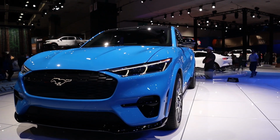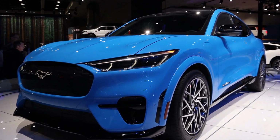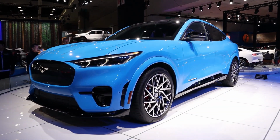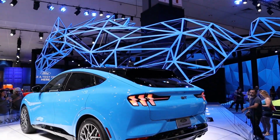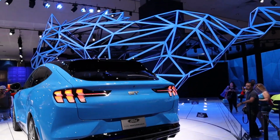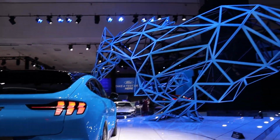It will come with all-wheel drive or rear-wheel drive. You'll have the Premium, which will have a mid 5-second 0 to 60. You'll have a GT model, which will be the most powerful and can do a 0 to 60 in the mid 3-second range. So that's competing with the Tesla Model Y. That will probably be the range topping and the one that everybody looks towards. But the one that's probably going to sell the most is the Select or the Premium model, which has a